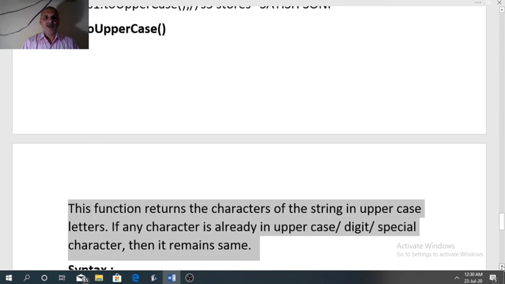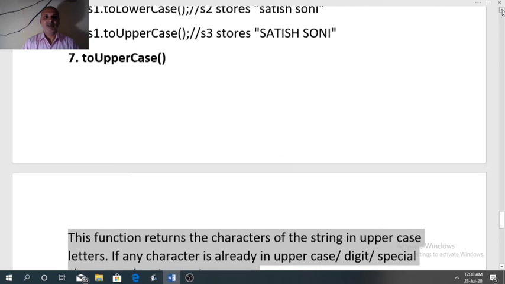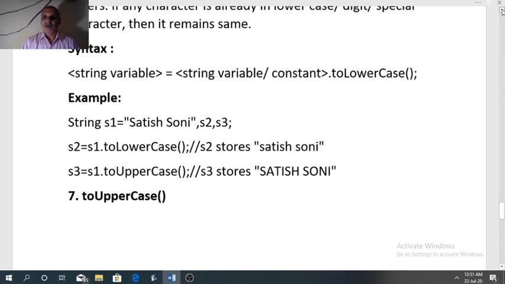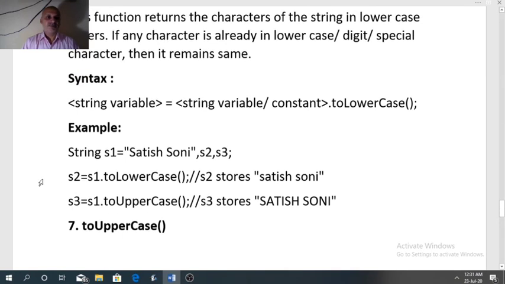If any character is already in uppercase, a digit or special character, then it remains the same. The same example I have used in both the functions. S1 stores Satish Soni. Here the first character is a capital S, and after the space also we have a capital letter. So two characters are capital, others are small.